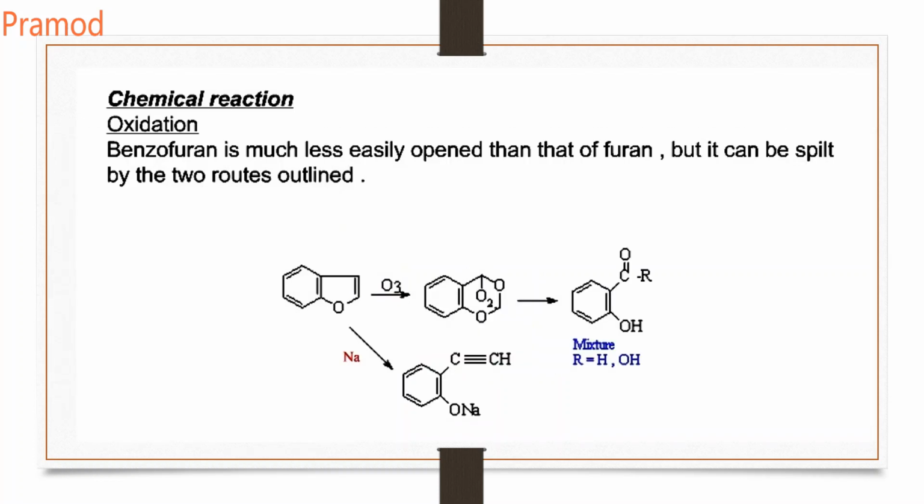Saturation. In the case of oxidation with ozone, ozone gets introduced and ring breaking occurs. It will break the ring to give the corresponding ortho-hydroxybenzaldehyde. So these are the products of your oxidation. So I would like to stop over here. Okay, some of the reactions.